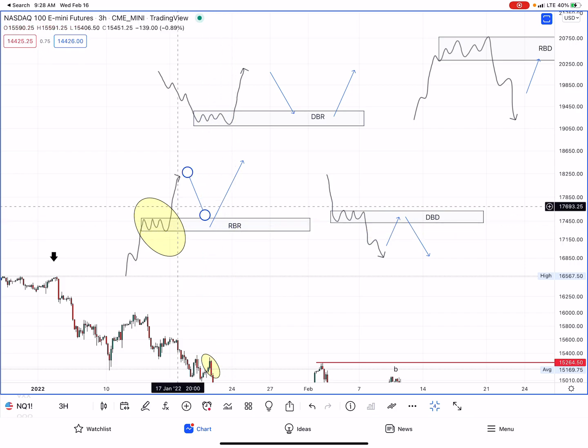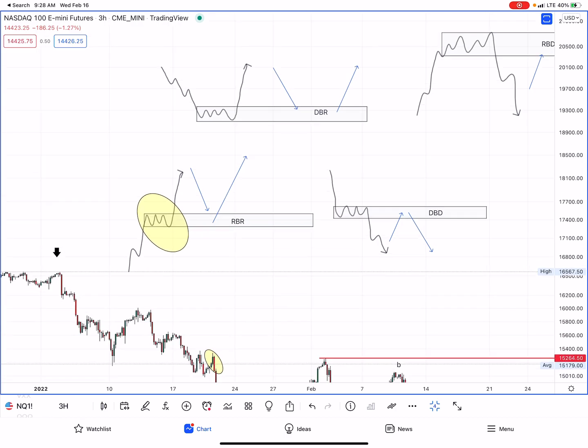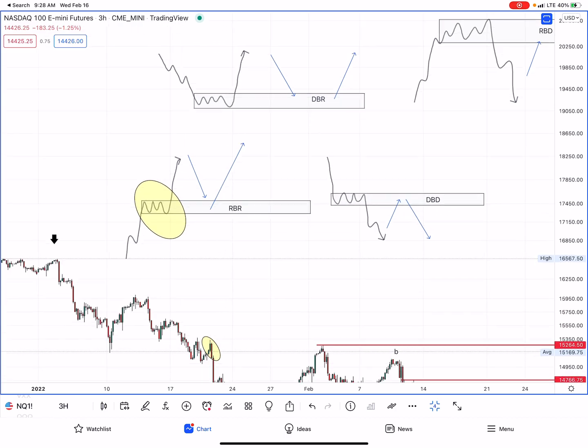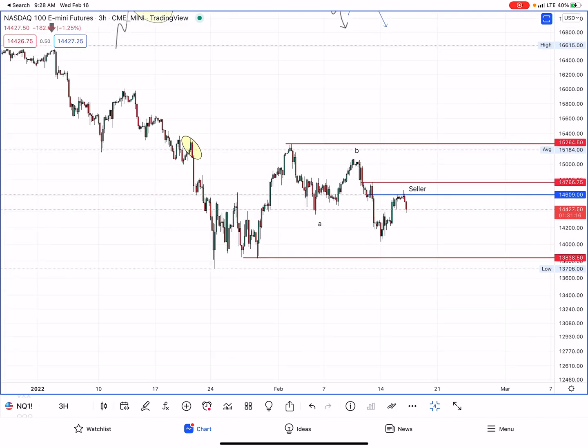So usually you'll get manipulation lower into the imbalance, which is usually how we enter and exit trades, and then you'll see a strong reaction from there. So if we look at that in real-time action,